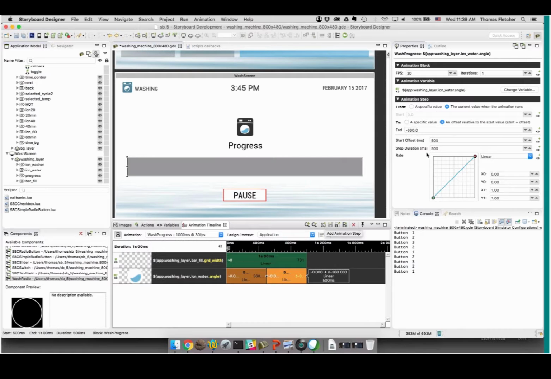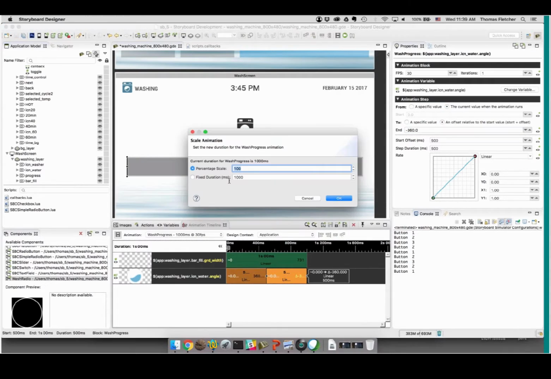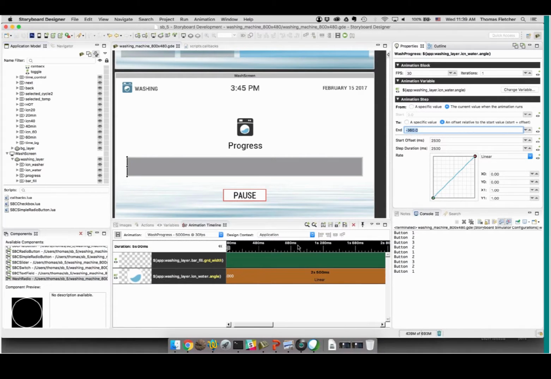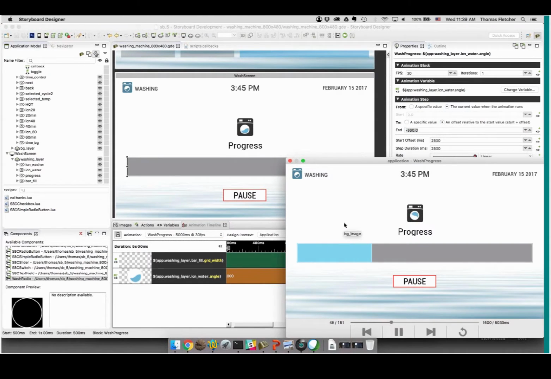Let's actually make it run. Let's make it expand out. We're going to scale our animation. Let's scale this out to 5 seconds, right? Give us a little bit more time to look at it, right? And run it. There we go. Now we can see it's going all the way around one way and all the way around